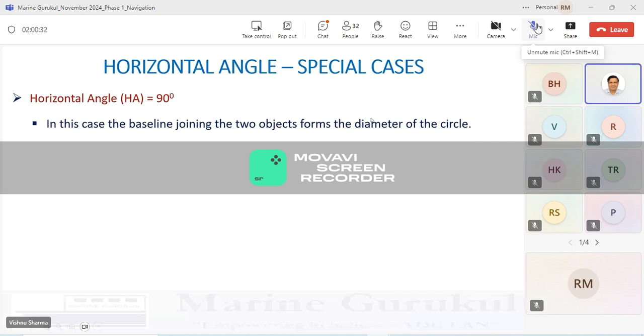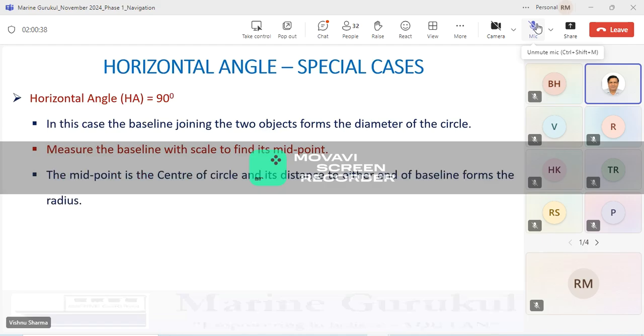In this case, when the horizontal angle is equal to 90, the baseline becomes the diameter of the circle. What will you do? Measure the baseline with a scale and find its midpoint. That will become the center of the circle. The midpoint is the center of the circle and its distance to either end of the baseline forms the radius. And you can draw the circle only on the side of the vessel, not the full circle. So guys,